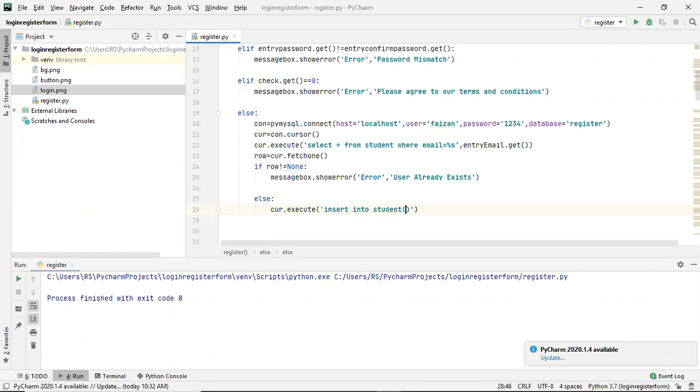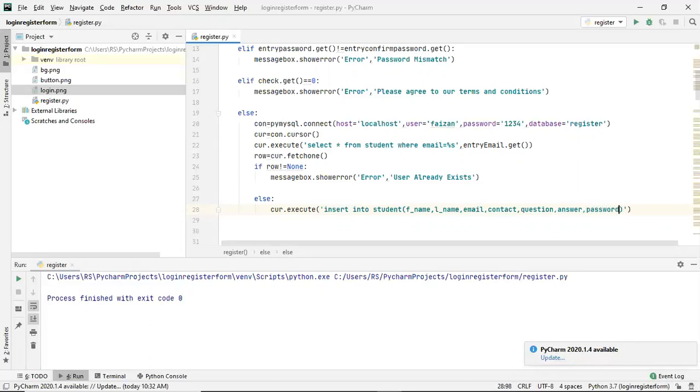So here we need to insert first name, comma L name, that is last name, then email, then contact, and then question, after that answer, and then password.